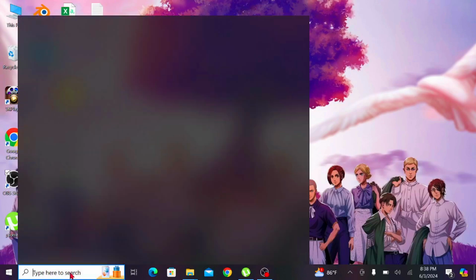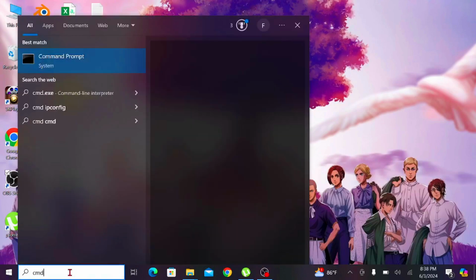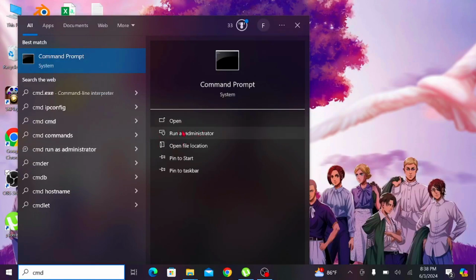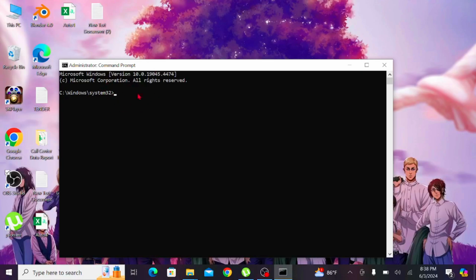First of all, go to your search option here and search CMD, that is a command prompt, and click the run as administrator option here and select yes. And after that you have to give a command on this command prompt. The command is